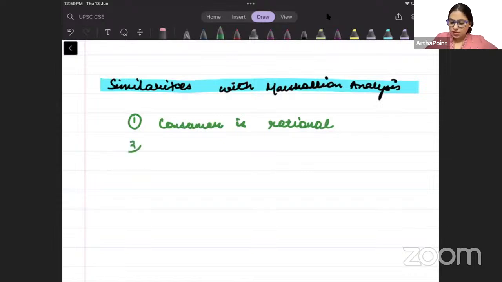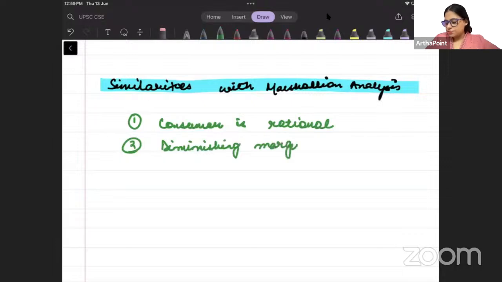Second, in both cases, we assume diminishing marginal utility. In that case also we assumed that marginal utility is diminishing, and here also we are assuming that marginal utility is diminishing. And third,